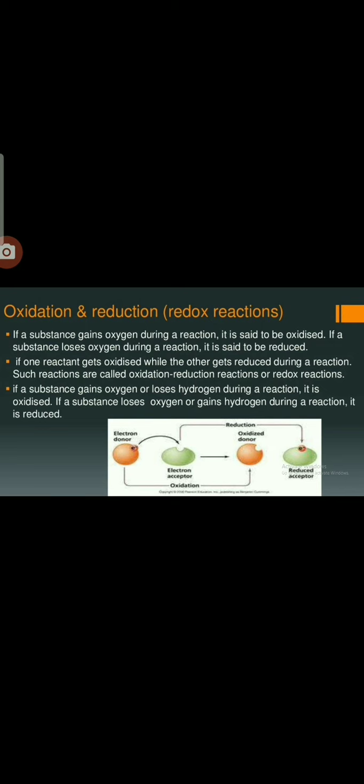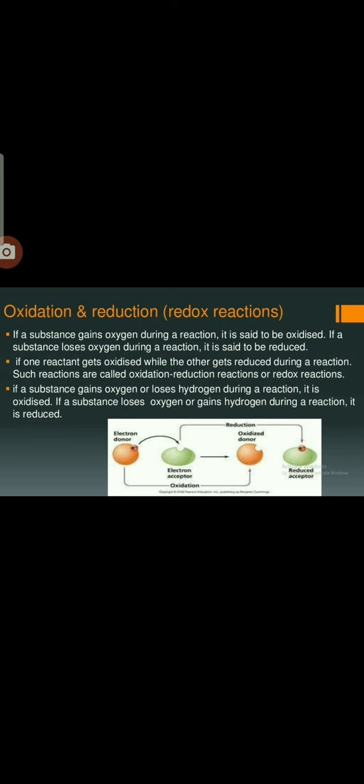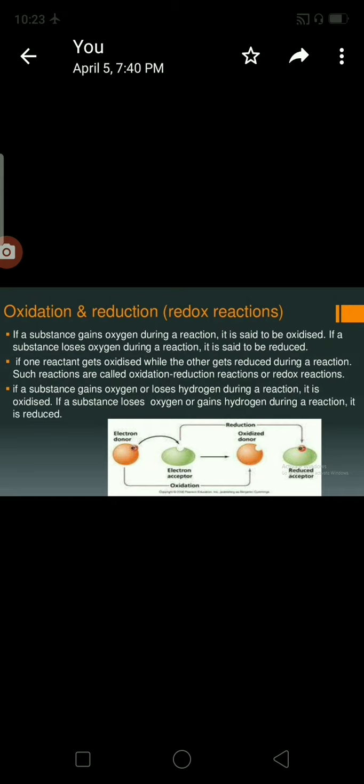Here you will understand: a substance that gains oxygen during a reaction is said to be oxidized, and a substance that loses oxygen during a reaction is said to be reduced. And in terms of hydrogen, look at the last sentence. If a substance gains oxygen, which means in terms of hydrogen it is losing hydrogen. Look at the second sentence: if a substance loses oxygen, which means it gains hydrogen. So in terms of hydrogen and oxygen, we can define oxidation and reduction. Understood? Some of the examples